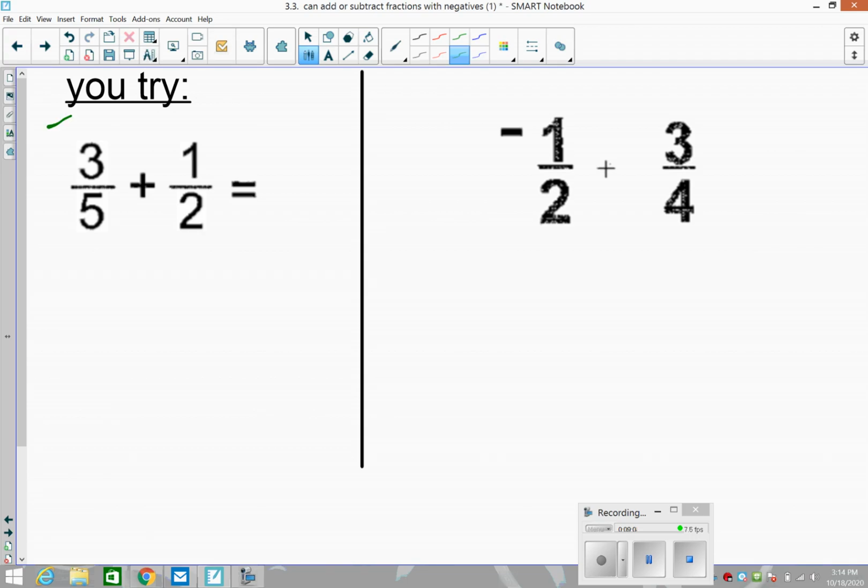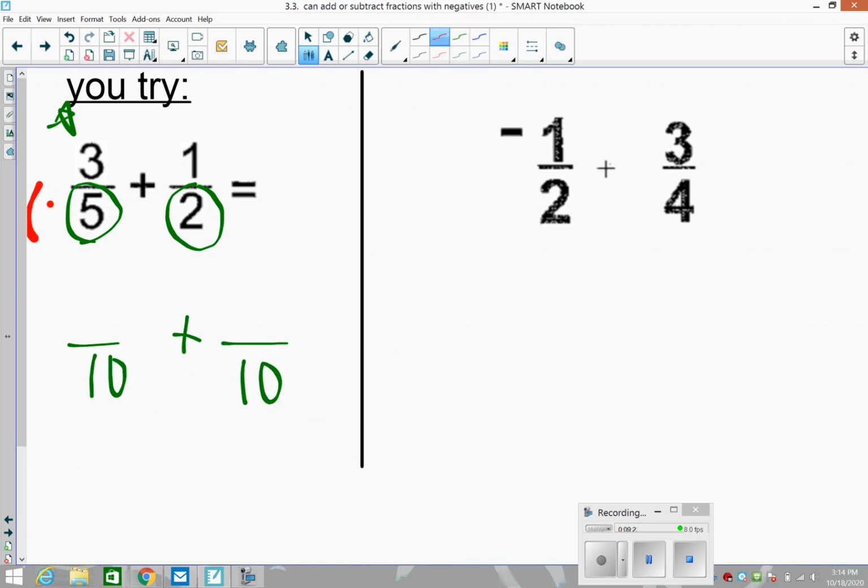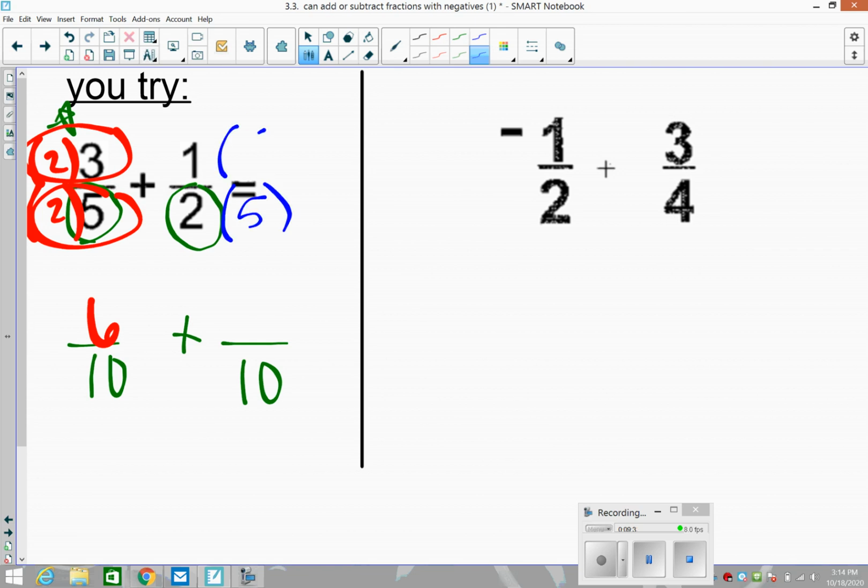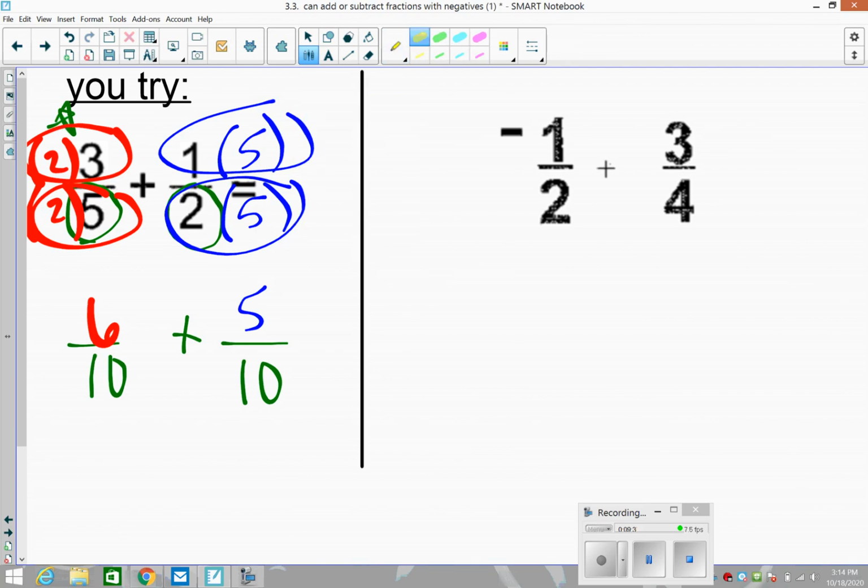Now this problem actually relates to elementary school when you do your add, subtract, fractions, maybe 5th grade, 6th grade perhaps. No negatives in here, so this really isn't a 7th grade level question, but we're still going to do it. So 10 is going to be our common denominator because I'm going to multiply this by 2 on the top and the bottom, and that gives me 6/10. Cool. I'm going to multiply this by 5 on the top and the bottom, and that gives me 5/10. Cool. When we add the numerators, we're left with